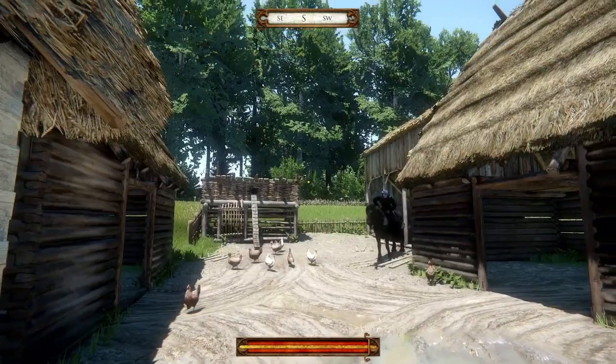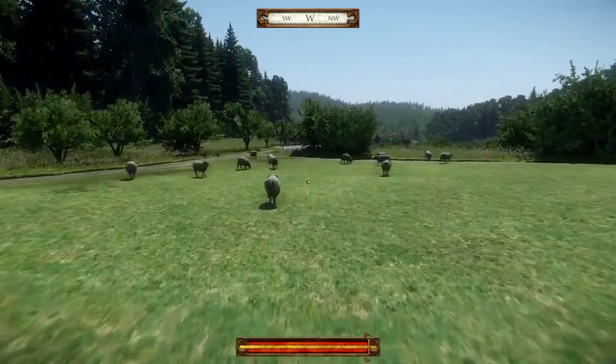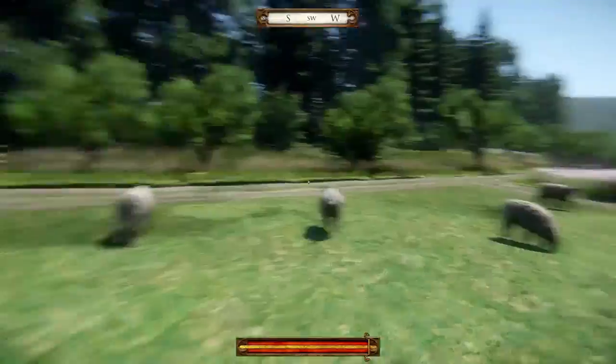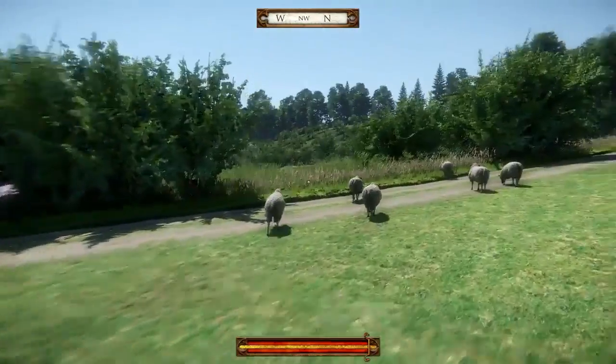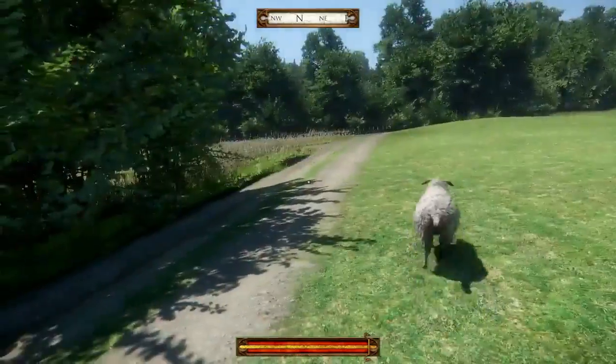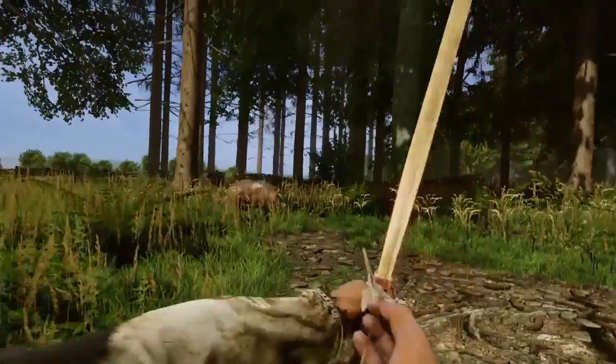While we don't have dragons, we have chickens. I even believe I have seen a bear once. So all these animals are actually NPCs too. They have their own day cycle, they sleep at night or hunt at night, they have some kind of behavior, they run away from player or they attack him.